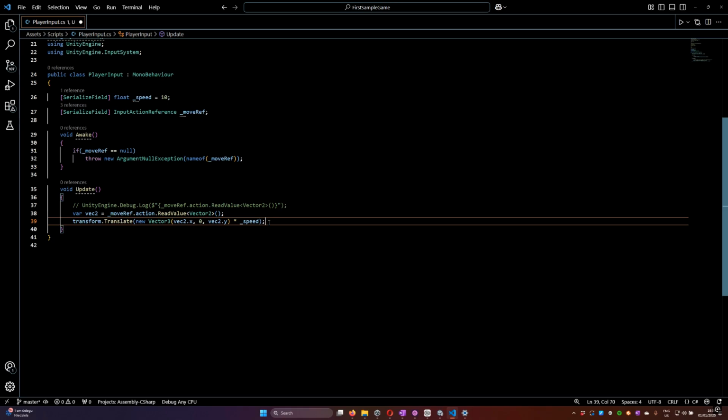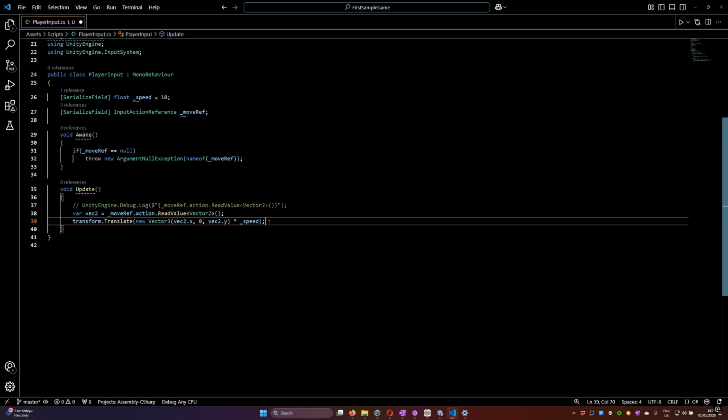Input action reference is single input type reference, like jump button, set of input buttons. I need to set it in inspector, and that's why I check for it in Awake if equals null. Then throw exception on creation of MonoBehaviour if it does. We don't check for float because it is a value type, it always has a value, it cannot be null. By default, it is equal to 0.